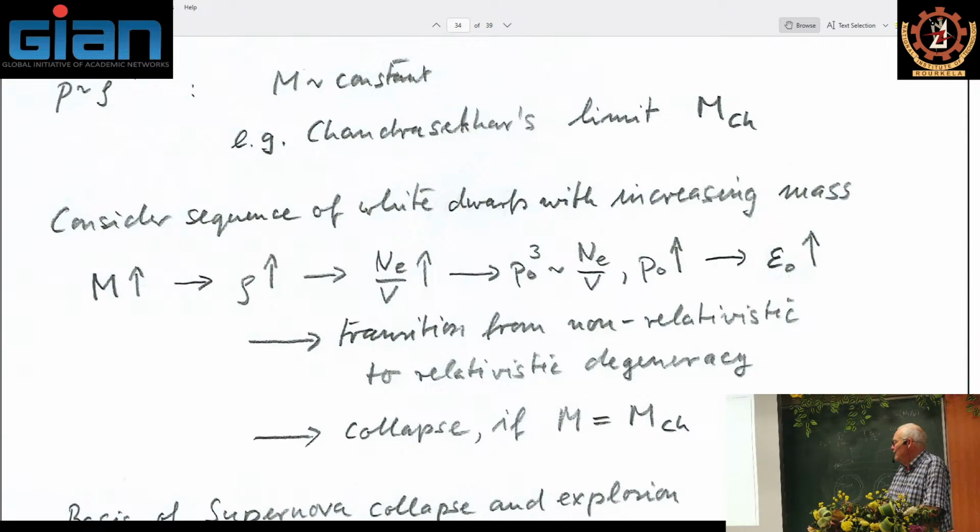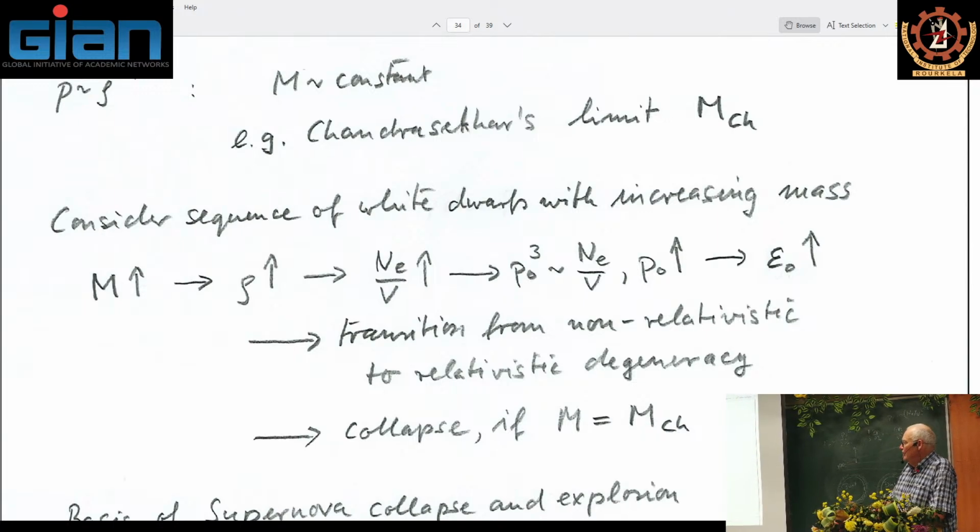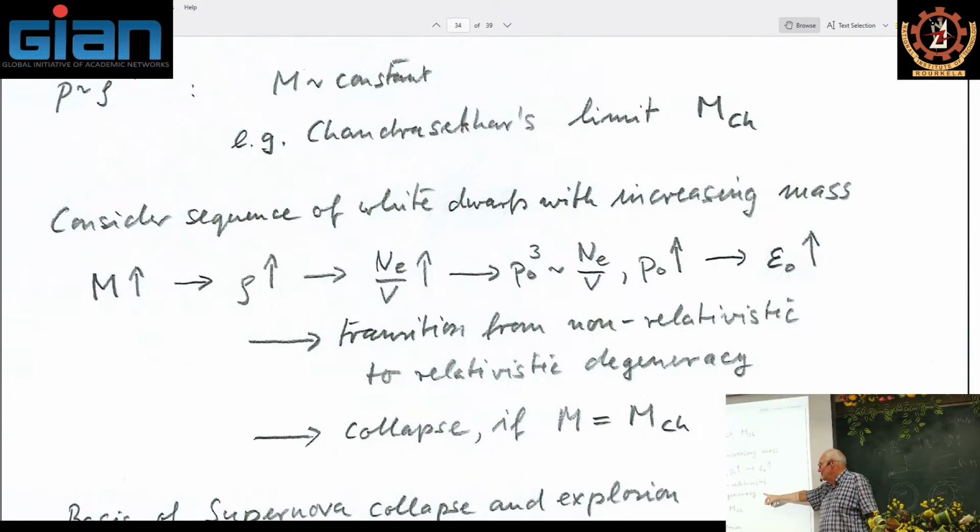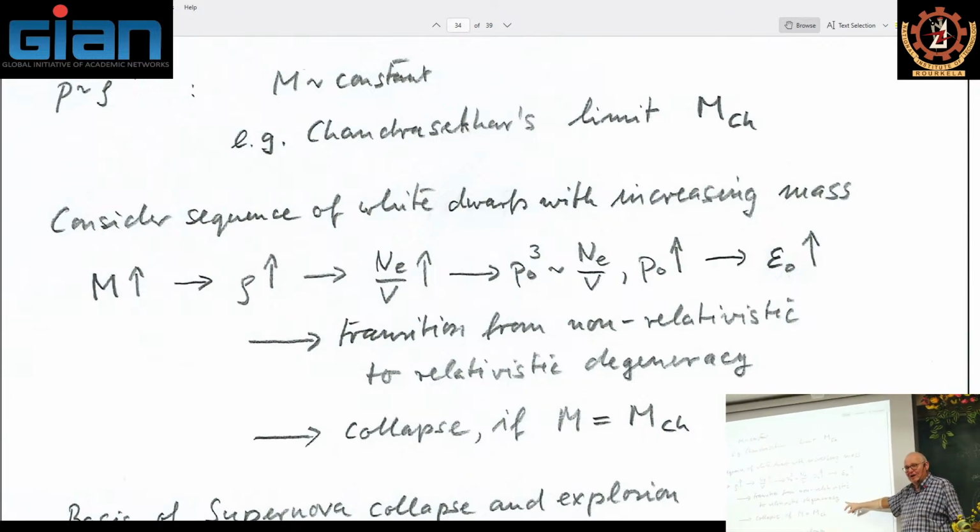So with increasing mass, we have a transition from non-relativistic to relativistic degeneracy, and therefore a transition from an equation of state where pressure is proportional to rho to the 5/3 to the equation of state where the pressure increases with rho to the 4/3. Well, if we end up with relativistic degeneracy, we know that there is only one mass for which